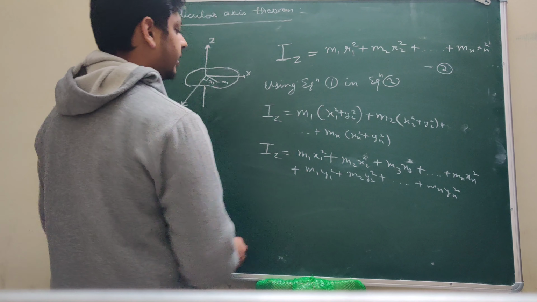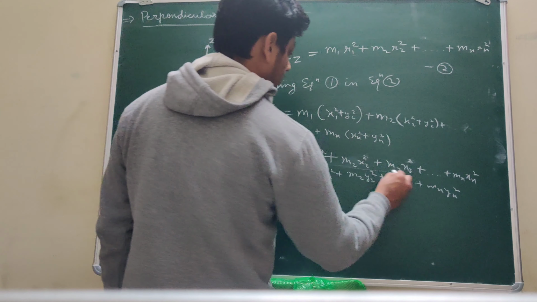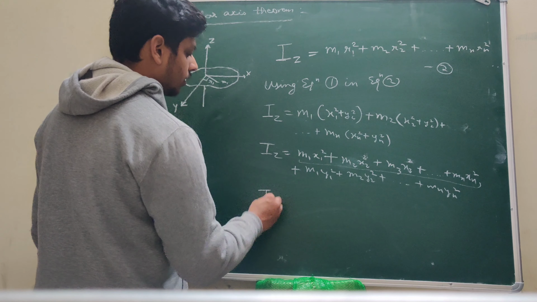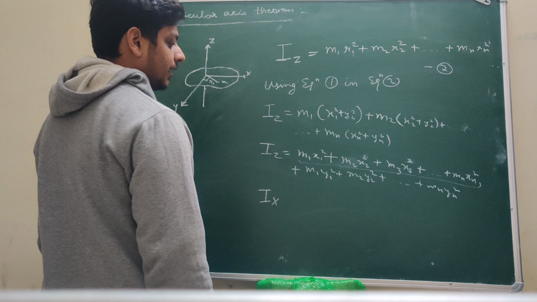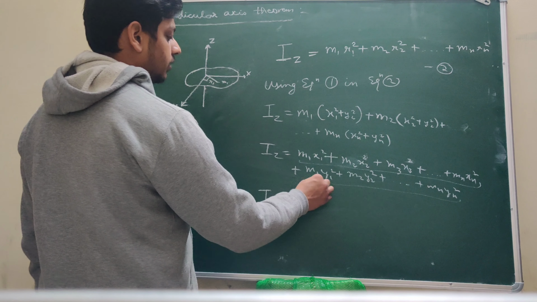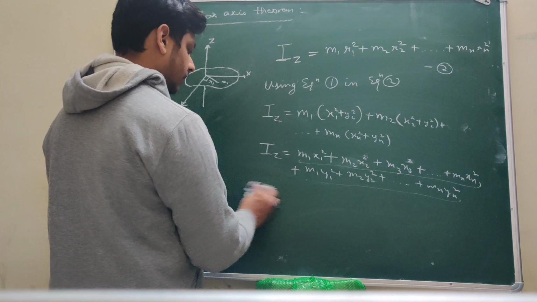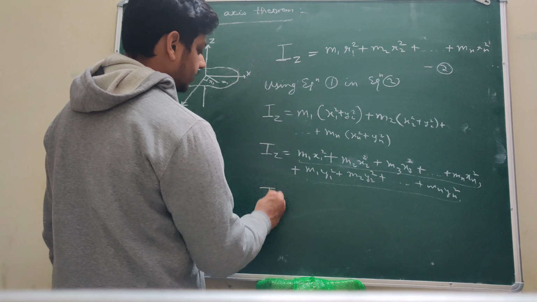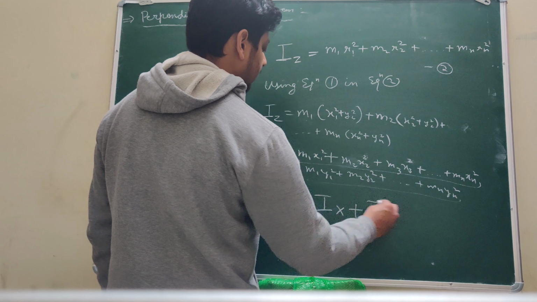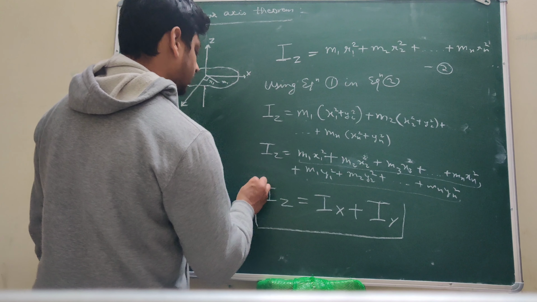So from here we can see that this whole thing is the moment of inertia along x-axis, and this thing will be the moment of inertia along y-axis. So simply we can write it as Iz is equal to Ix plus Iy. This is our